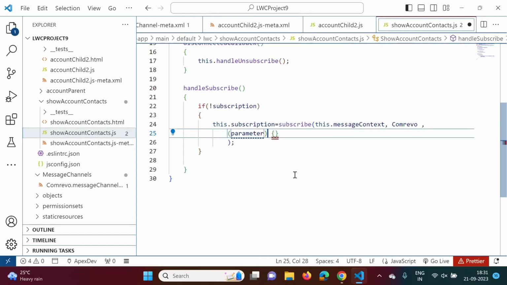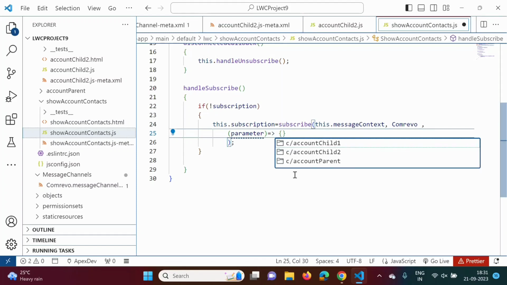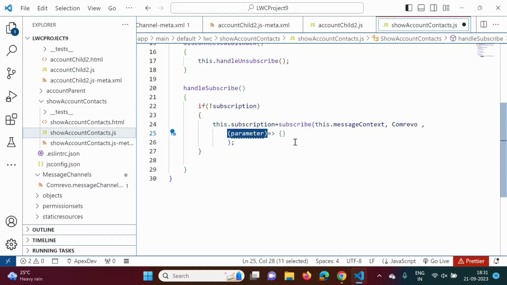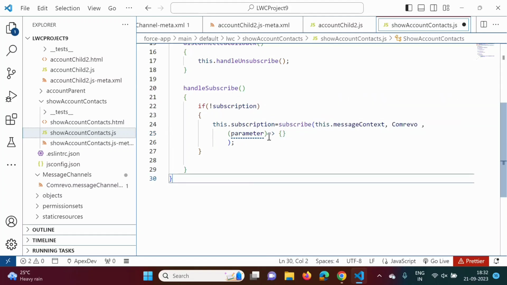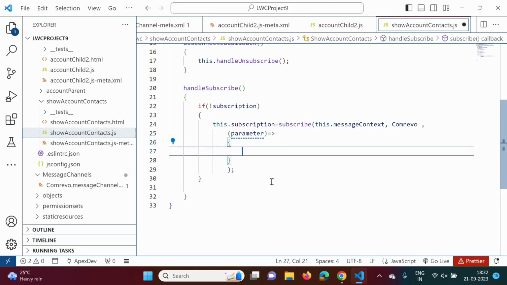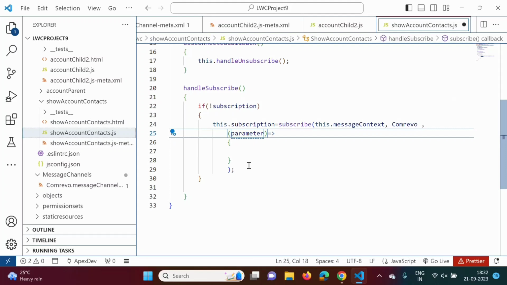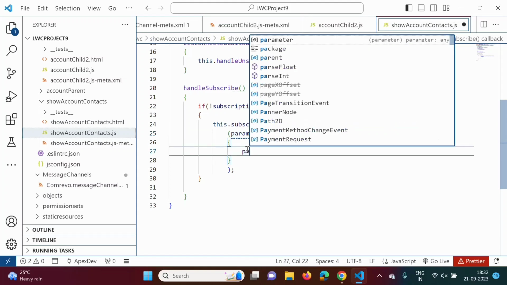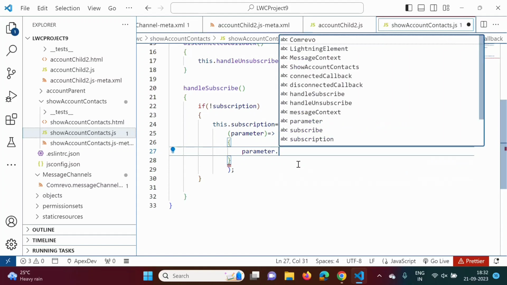Now before that, we have to mention this symbol. We have to define this function, right? The body will be in these curly brackets, and as we are defining this function, here we have to use a symbol like equal to and greater than, like this, right? Now we will take it to the next line, so it will become easier to write code. Whatever values the subscriber gets can be accessed or retrieved by using this parameter. So how? See, parameter dot